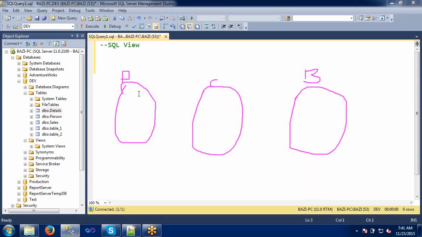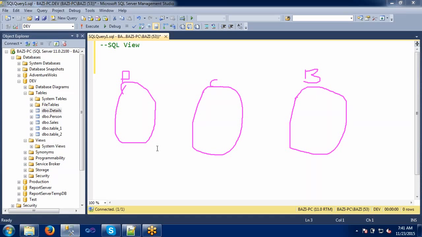I will take two columns from here, two columns from here, and two columns from here. I will do some joins here. We have already seen how joins are implemented, right? I will do an inner join and join these three tables and get the data, but I will use only the view.